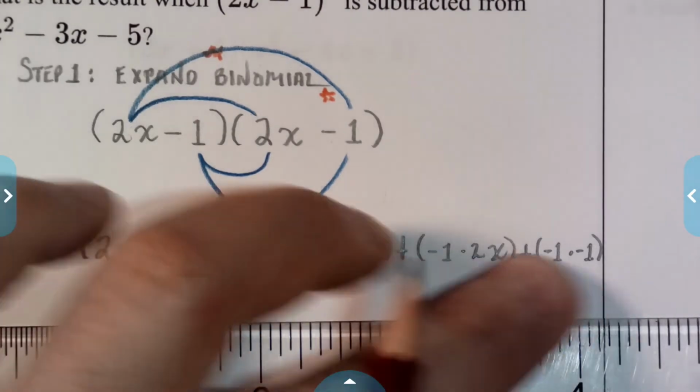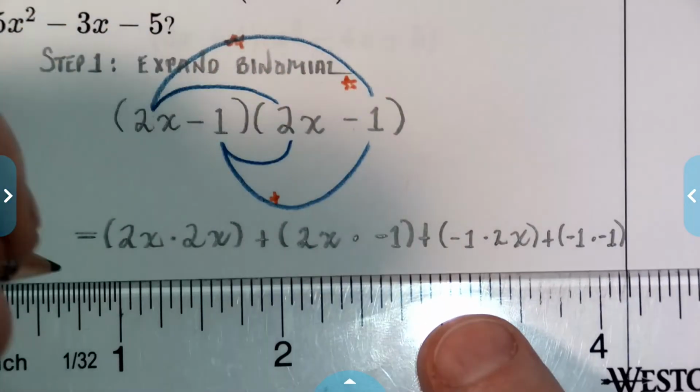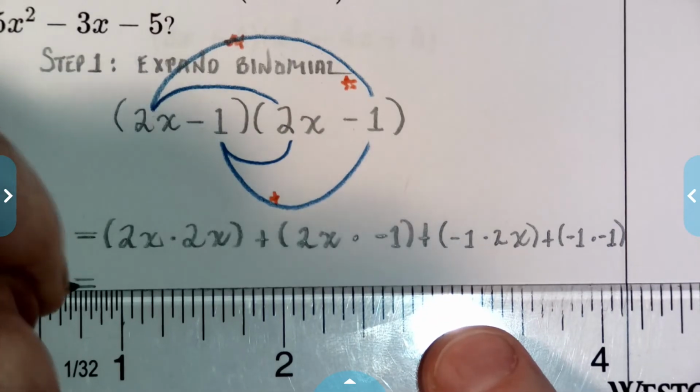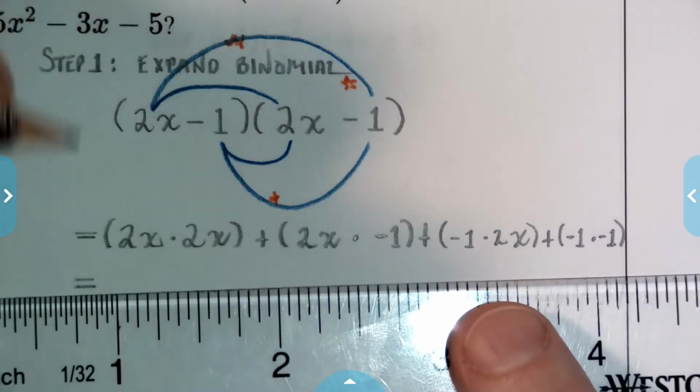Okay, kind of got crammed in there, but now we're going to put it together and drop all the parentheses. So 2x squared